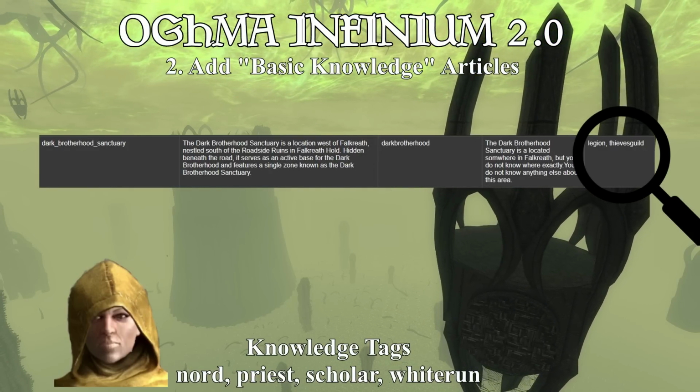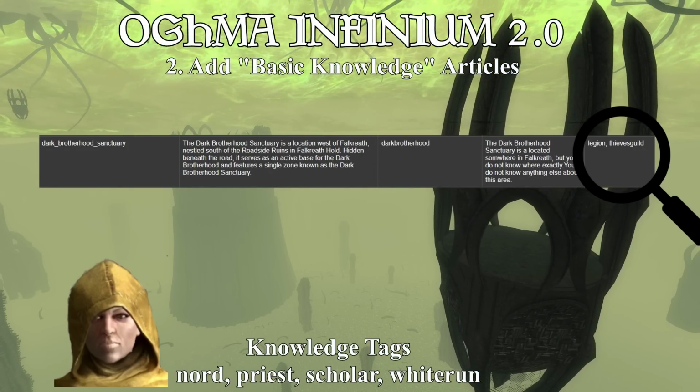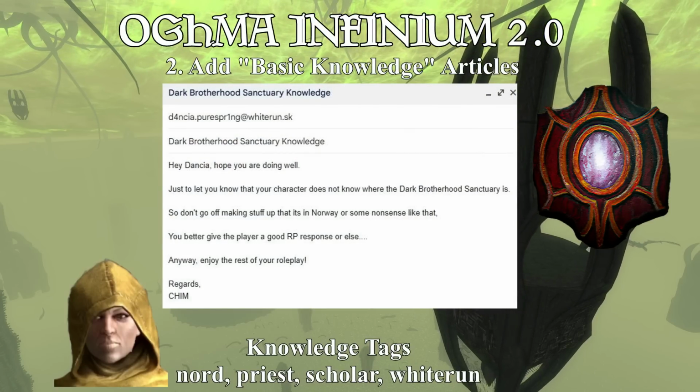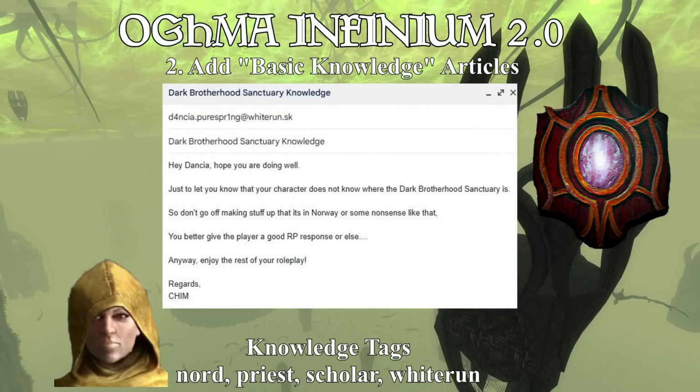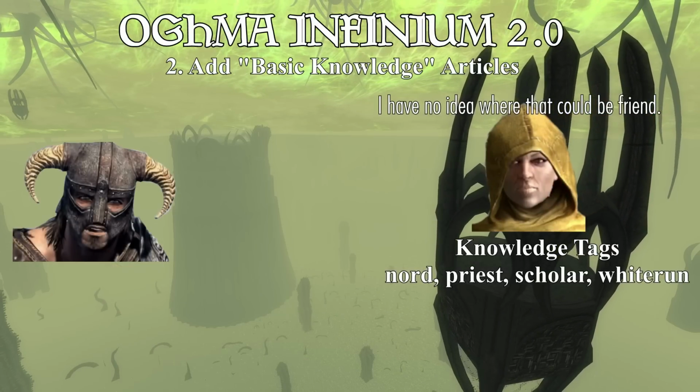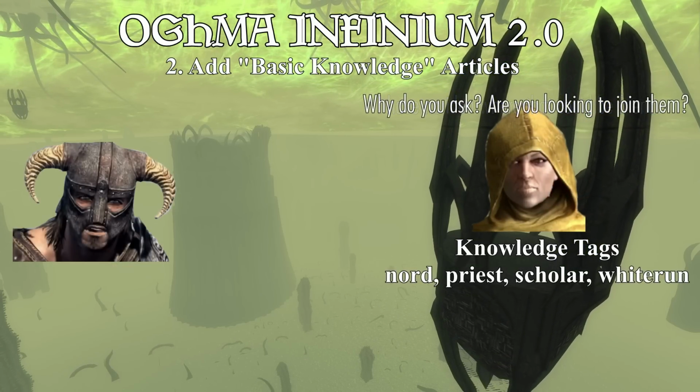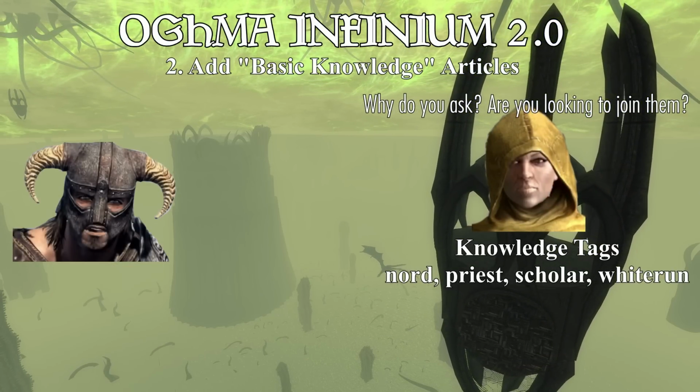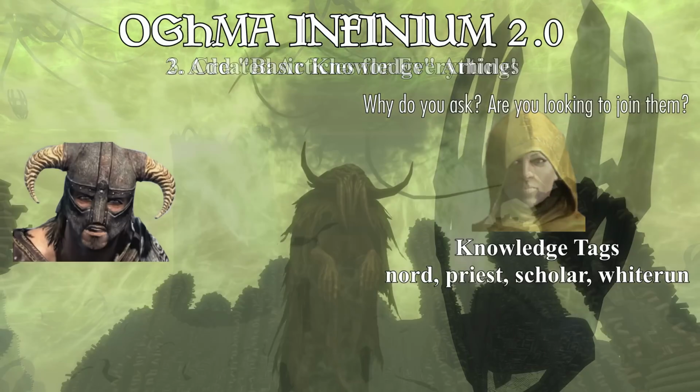If for whatever reason they don't have access to the basic article, we will then provide to the NPC that they do not know anything about its subject, which means that, depending on your large language model, they should roleplay that they have no idea what the thing you just talked about to them actually is.